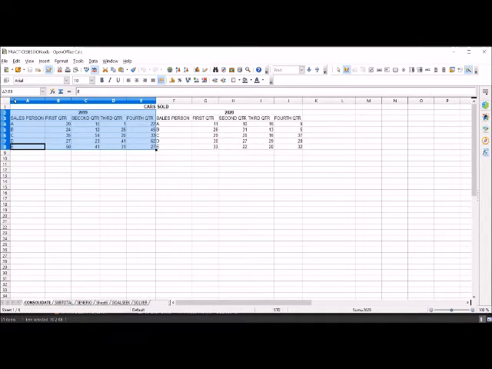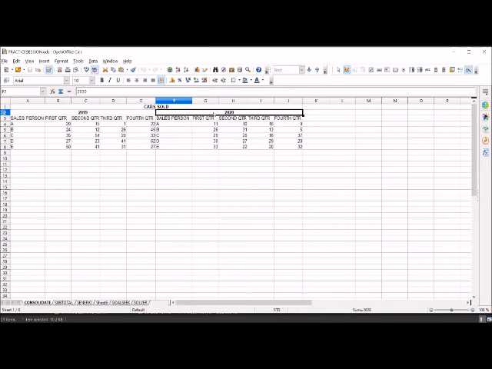In Consolidate, see, I have named these two ranges. This is one range. I have named it with year 1, and this is another range. I have named it with year 2. So this is year 1 and this is year 2 range.